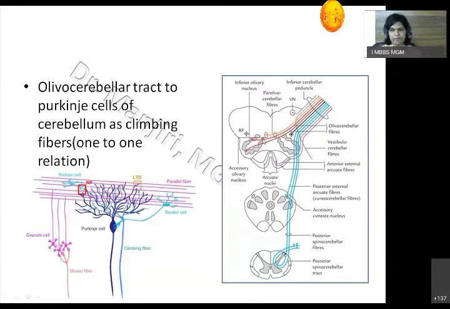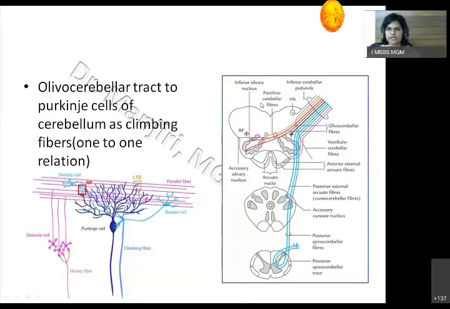I hope you remember pyramidal cells which are present in cerebral cortex, from where the pyramidal tract starts. Same as that, in the cerebellum, we have some special cells. These special cells are called Purkinje cells. So there is a layer of Purkinje cell in the cerebellum. This layer is a monocell layer. That means in this layer only a single line of Purkinje cell is present. Then here you are able to see this is the Purkinje cell. So in this layer only one Purkinje cell layer will be present.